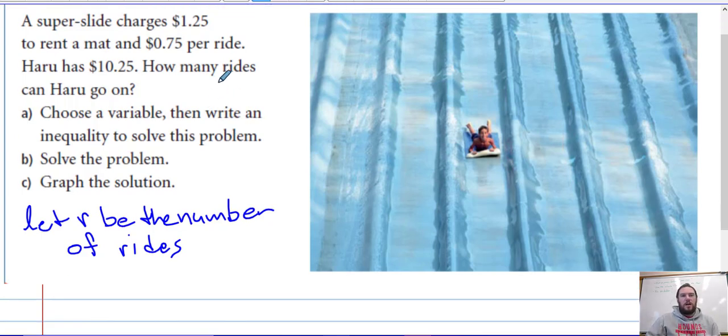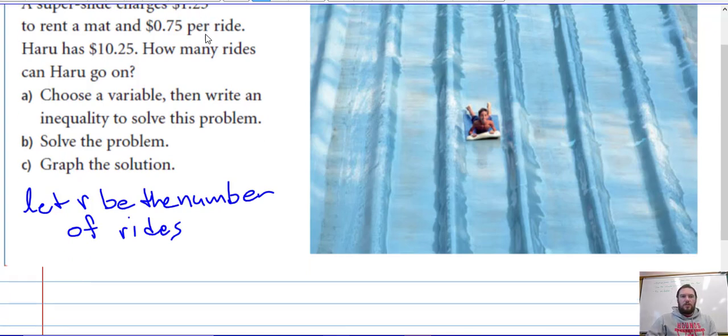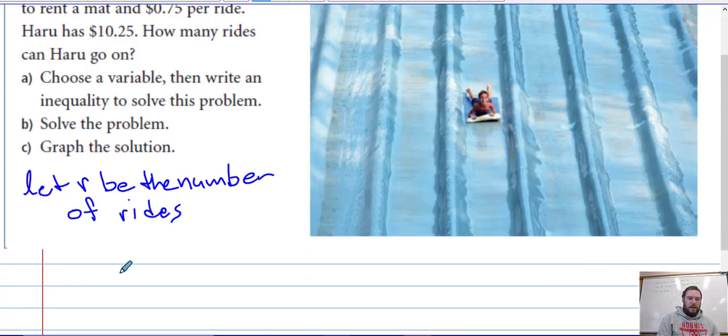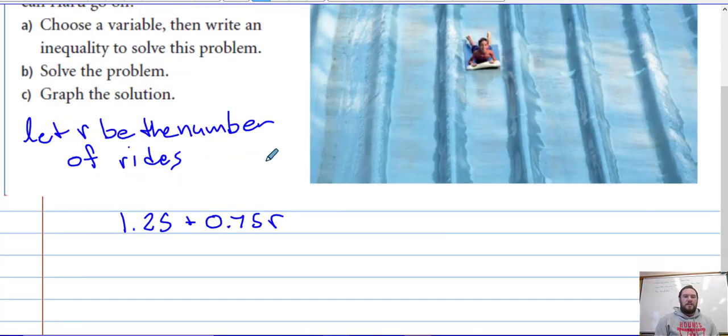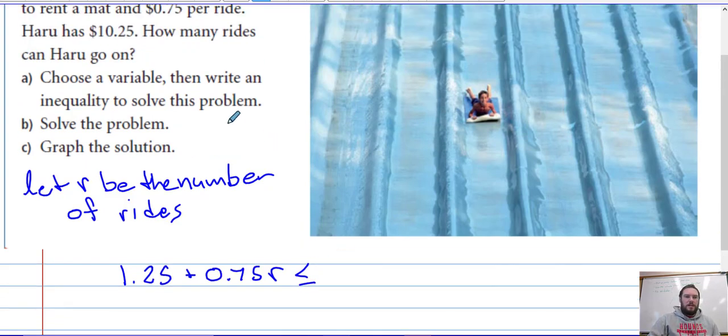So how do I calculate the price that Haru spends? Well, he has to initially put up his $1.25. So he has to spend $1.25 plus, and then it's 75 cents per ride. So 0.75 times R. And this thing has to be less than or equal to,